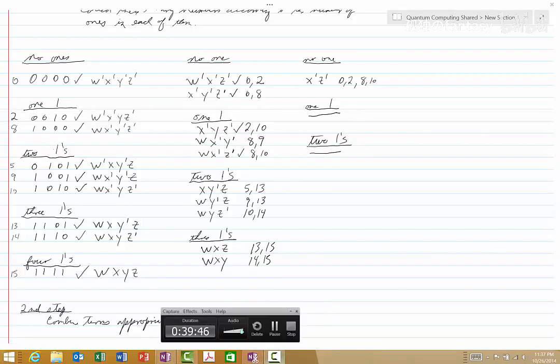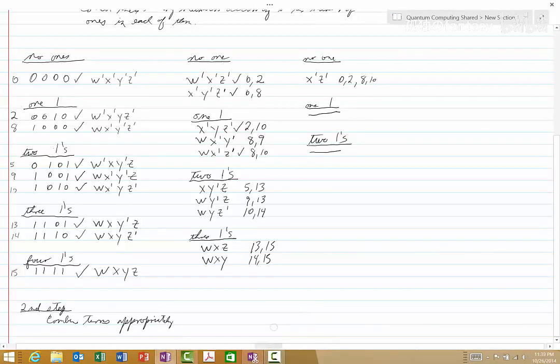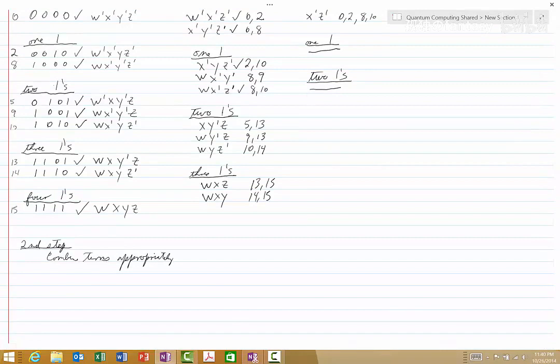So now that we have reached this point, notice that we don't need to write any more columns. We don't need to go any further because clearly we couldn't combine this with anything here, and there's nothing else below that. So we have done as much simplification as we can, and that concludes step 2. And now for the third step,